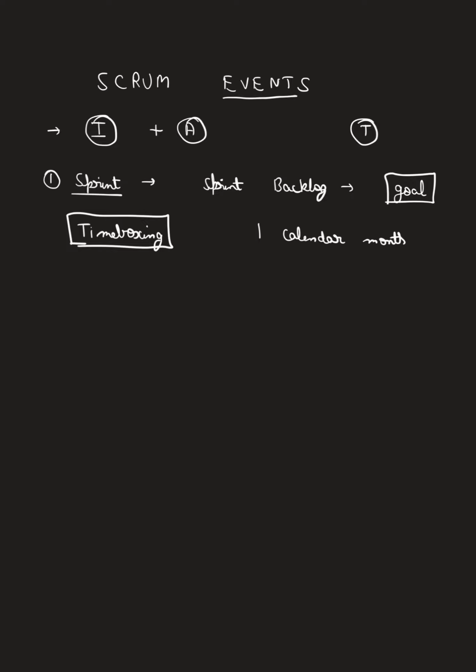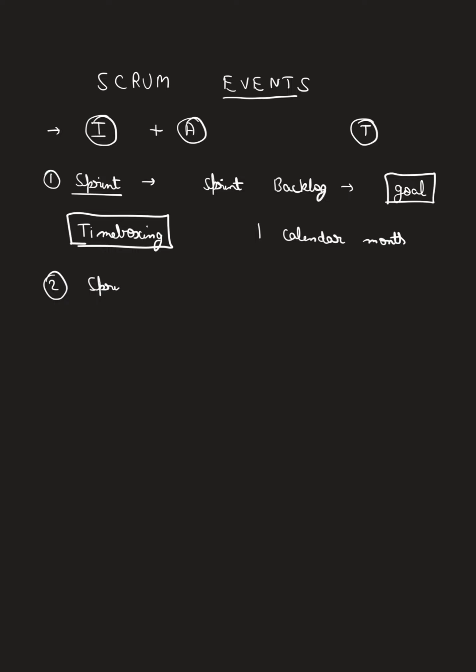Usually, I've seen in organizations that they use a two-week sprint. Two weeks is the general criterion, and in a sprint you manage risk and you deliver an increment. I hope you remember increment. If not, then please see my previous lecture. Then the second event. Let's discuss the second event.